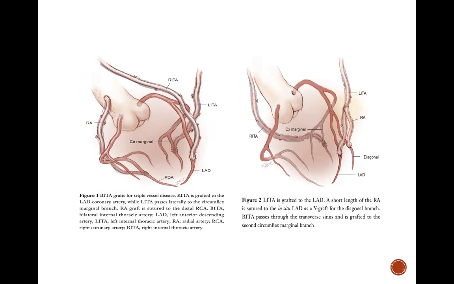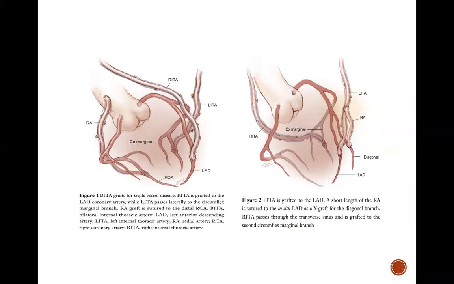For example, in the radial artery, you have to have a critical stenosis, which means for the right side it must be more than 90%. For the left side, in the literature, they mention 70 to 80%. And it has also been shown that RIMA on the left side is more beneficial than on the right side, but the exact mechanism why is still unknown. So even if you want to use bilateral IMA, try to choose the best target on